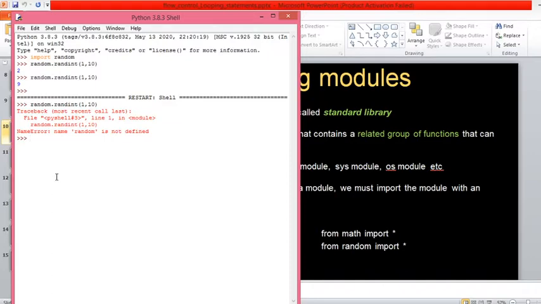Why is it showing an error message? Because random is not defined. What I did here was restart the shell. Restarting means whatever previous imports were there are not available. So before importing any module, if you try to access the methods or functions available in the module, it will show the error message.